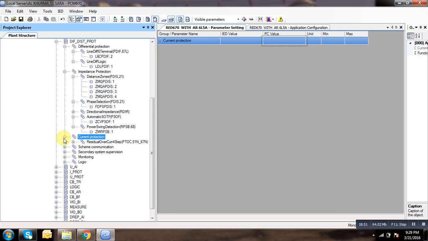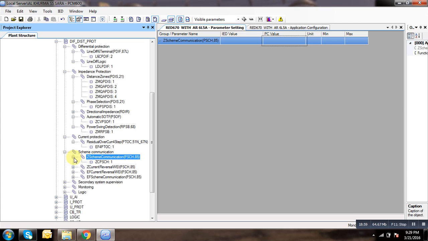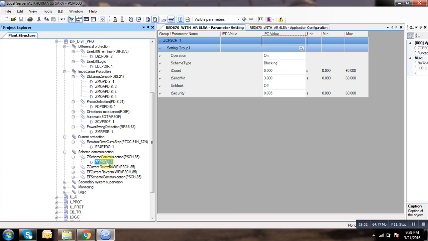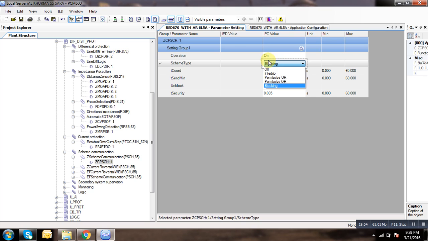You know, here minimum schemes will be there. So like see this for blocking scheme. See here permissive underreach, permissive overreach, blocking scheme is also there. Like permissive underreach means, like see if local in any fault will be there, it will sense the fault, so remote end will send the signals. So this is send logic. It will be trip logic will be also there. If any fault will be there, even remote end also same sending a fault, it will send the carry receive. So zone 2 plus carry receive, that time the breaker will trip instantaneously,